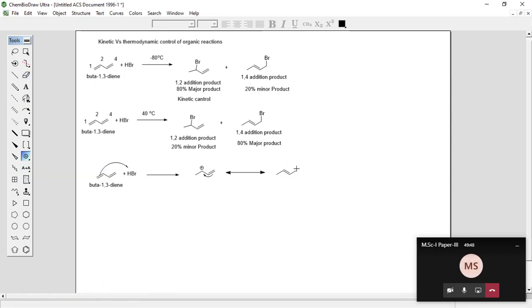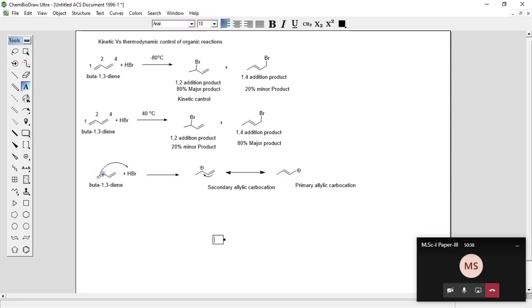So you'll get this primary allylic carbocation. And this is the secondary allylic carbocation. This double bond will attack this H plus. Okay, it takes this proton,